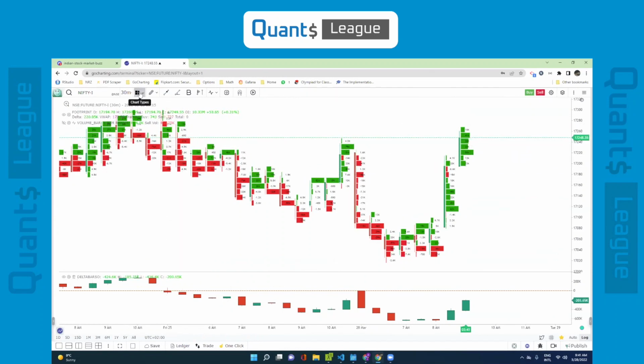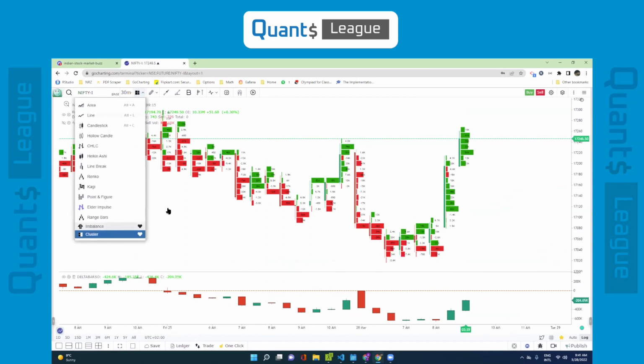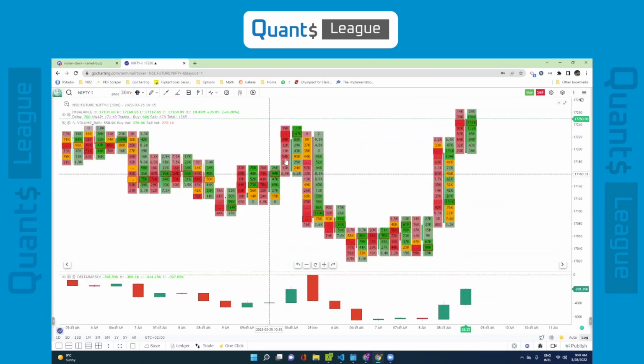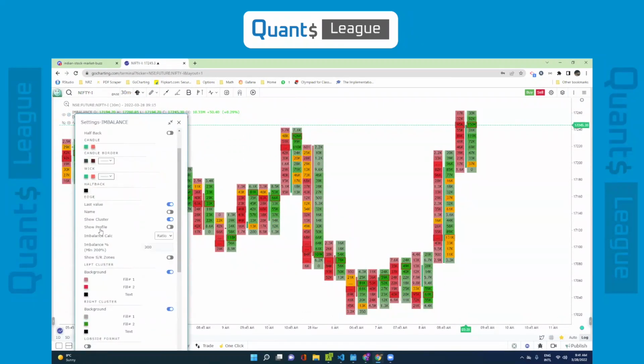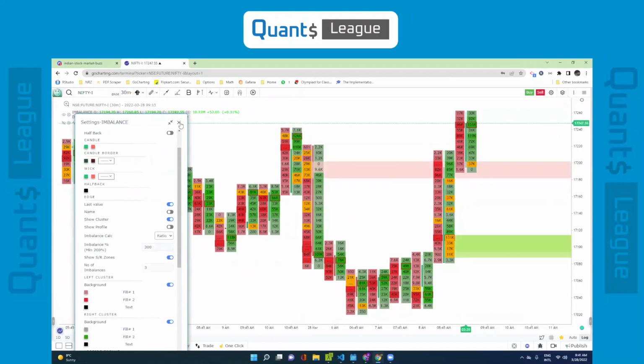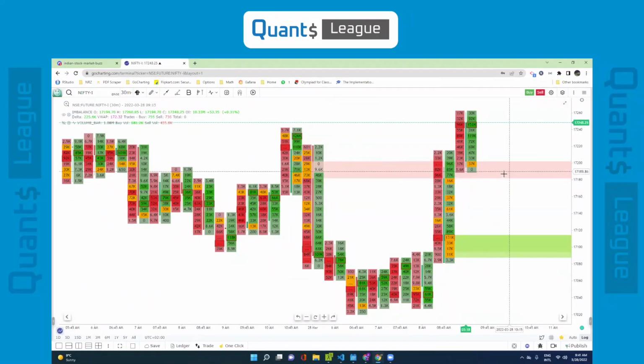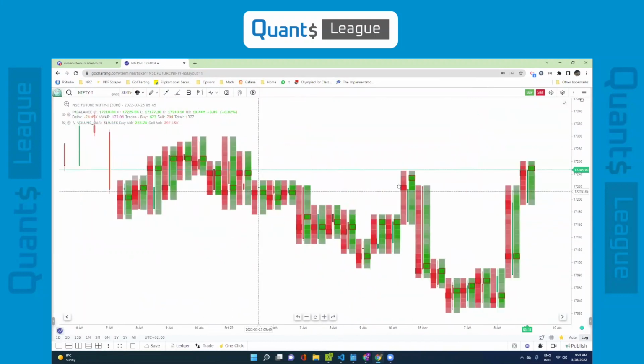A similar concept is called imbalance, and imbalance gives you the added advantage of using the concept of order flow to create algorithmic resistance and support for you. So you can turn on an option called imbalance and then show the SR zones, and it will quickly show you these red are the selling zones and these are the bigger buying zones, which will quickly give you a sense of